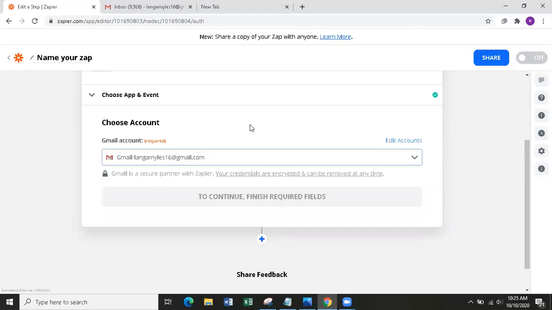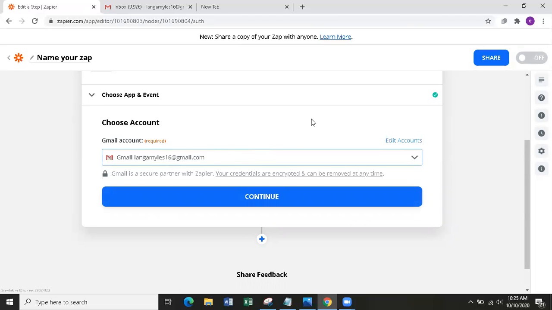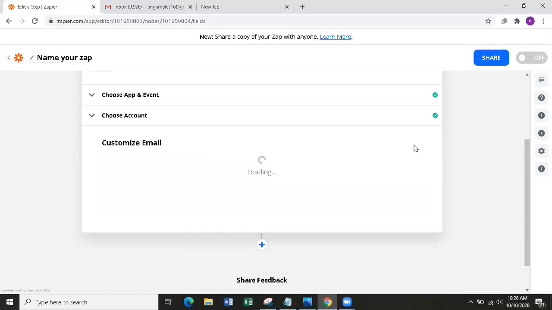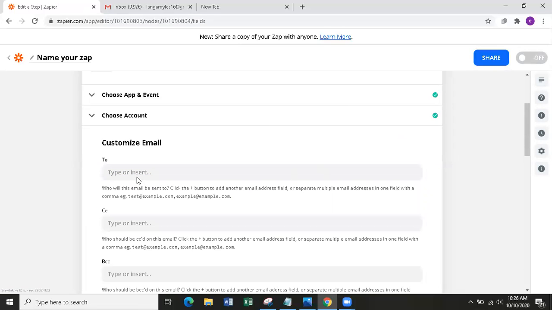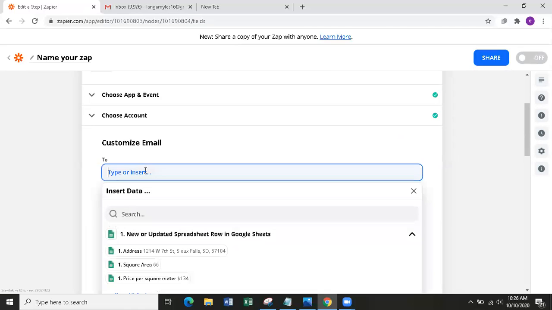Okay, so it automatically linked to my account. Now it's in the process of customizing an email. You just have to make sure that you type in here. I'm gonna try it with my own account.